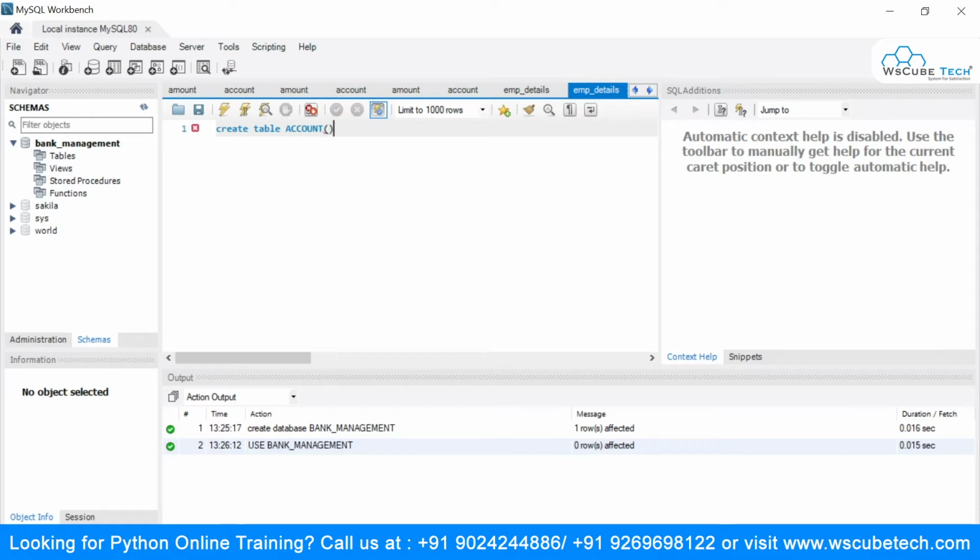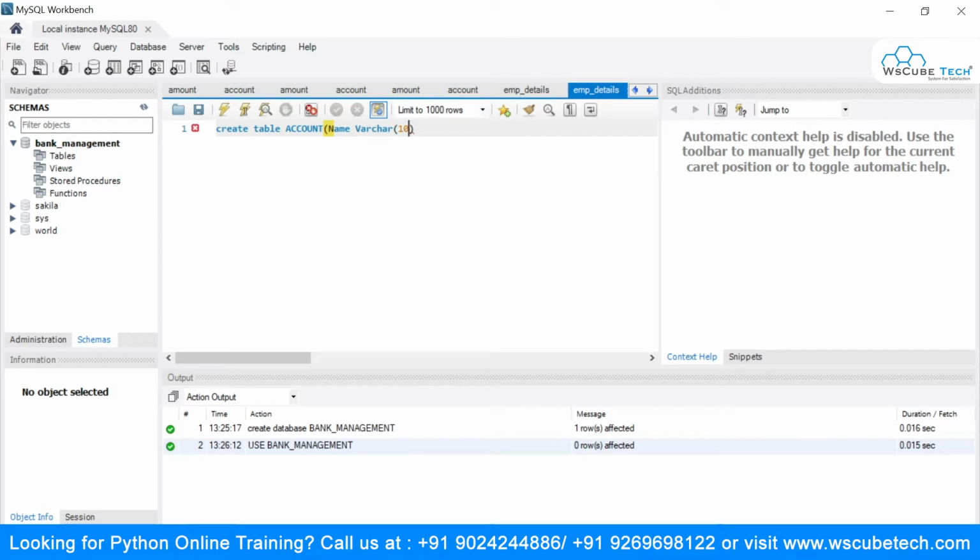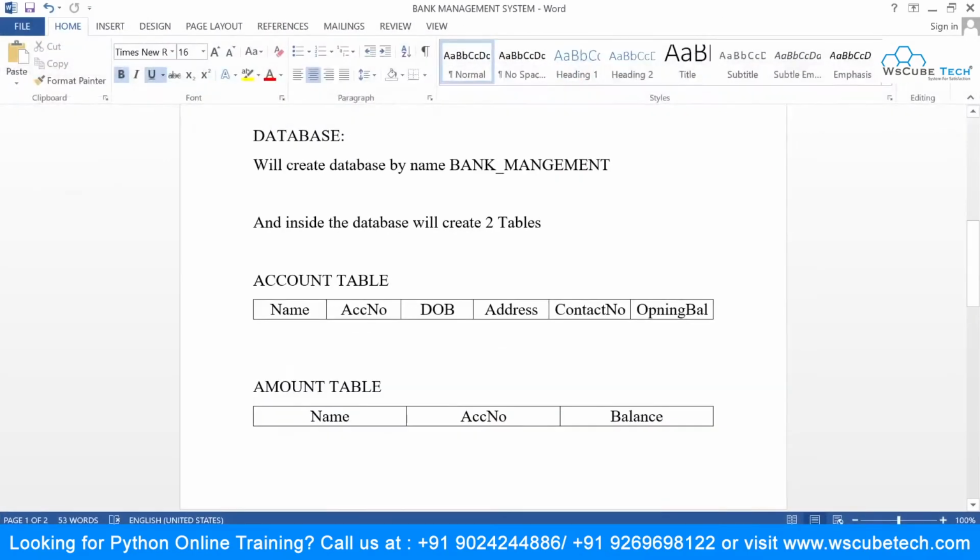Inside this, my first one is the name. I will simply say name, and the data type which I want to give is varchar. I will just give the size over here. My name won't extend beyond about 10, so I'm specifying the limit as 10. Then the next field is the account number.